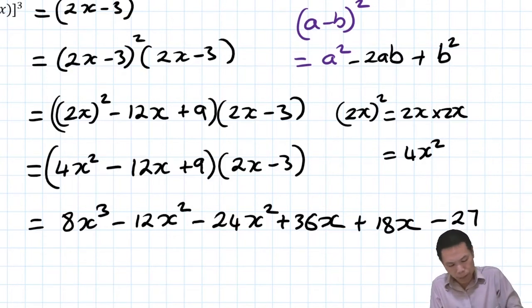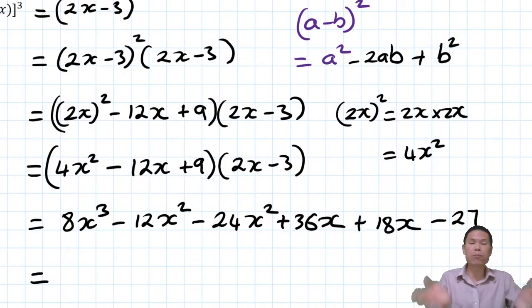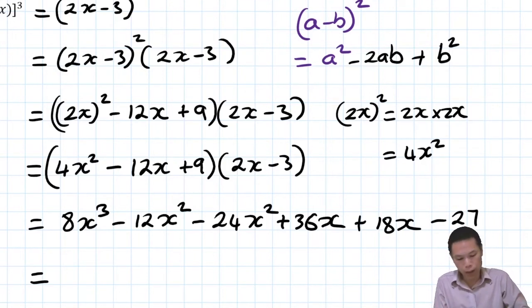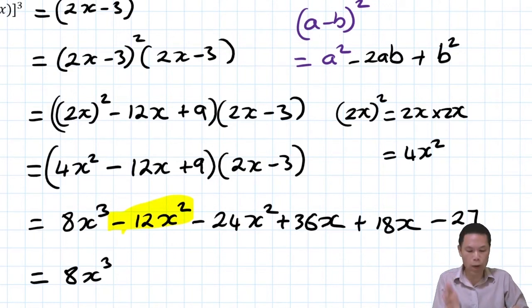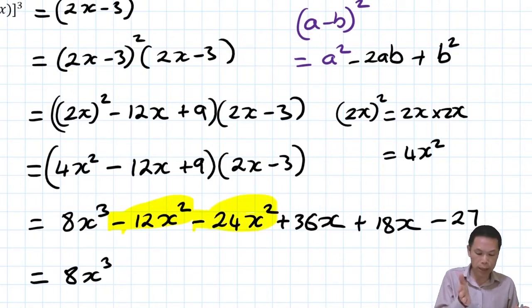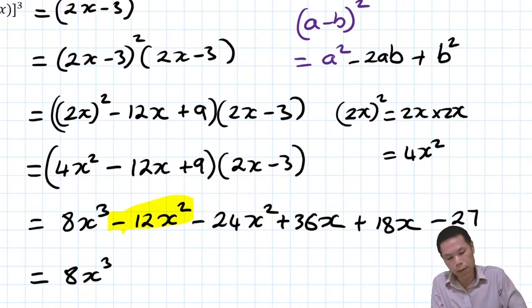And what's next is just simplify all these like terms. So 8x to the power of 3, there's no like term. So I just write this down. And then I collect like terms with this minus 12x squared and a minus 24x squared. So minus 12 minus 24, 12 plus 24 is 36. So minus